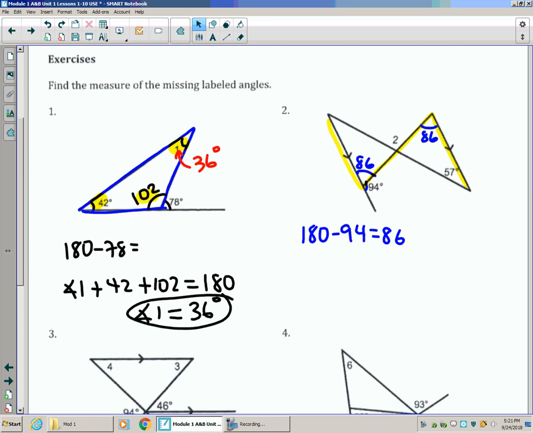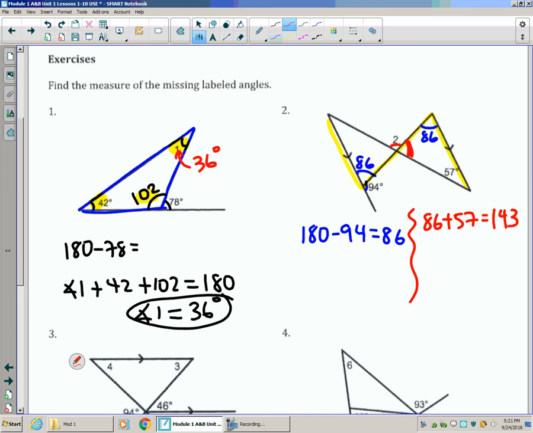So now notice that if I'm able to determine this angle right here, I know what that angle is equal to, and the adjacent angle to that, they both have to add up to 180. So we can say 86 plus 57 should be